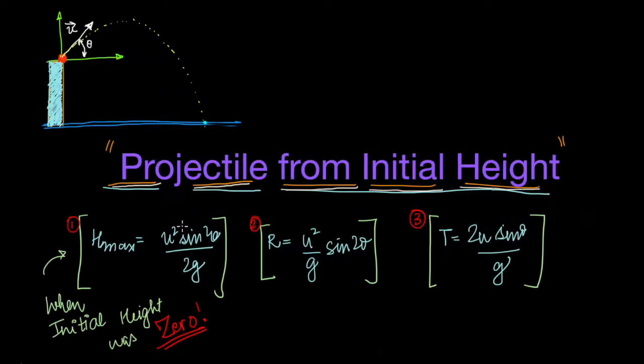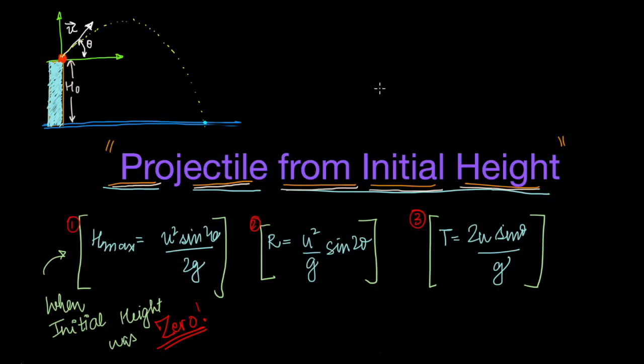Alright, so in this video, we are going to take an example of a projectile motion in which we are actually throwing the ball from an initial height. Problems like these come under the category of projectile from an initial height, and we will assume for the moment that we are throwing a ball which was already kept at a wall of height h sub 0, or h naught, and we want to see how the projectile follows,